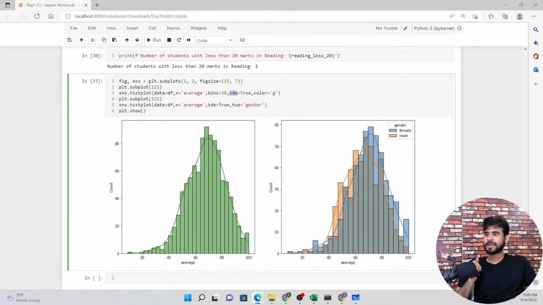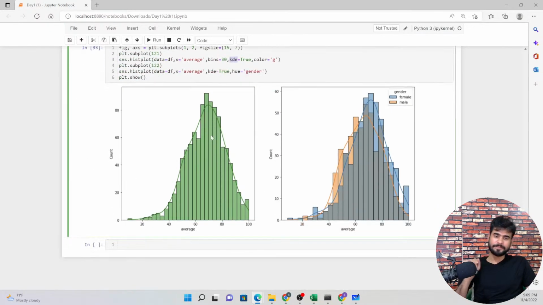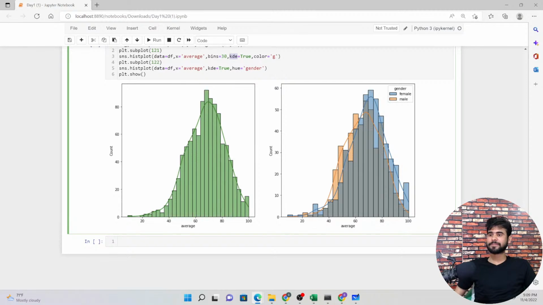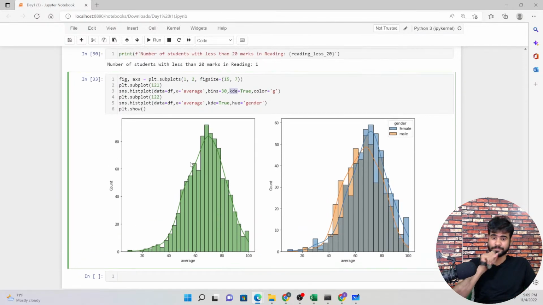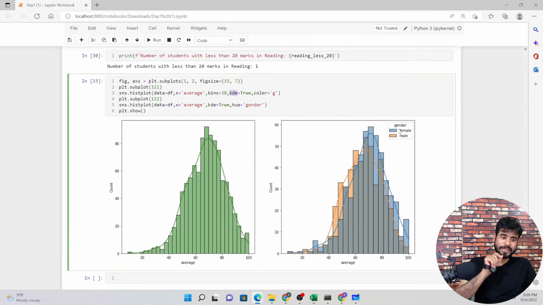Can anyone tell me the insights from this graph? What insights will we get from here? Insights from this graph. The insight of this graph is, as you can see, the male and female students that I have defined with the hue.